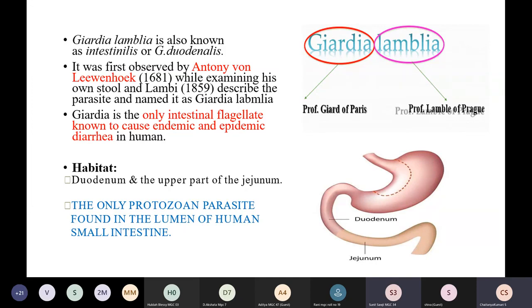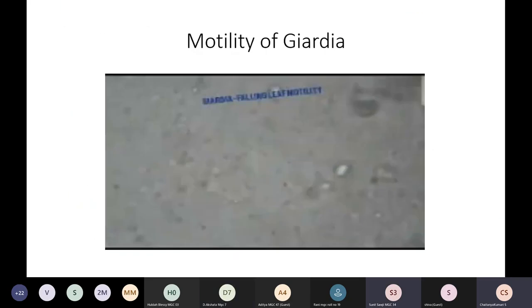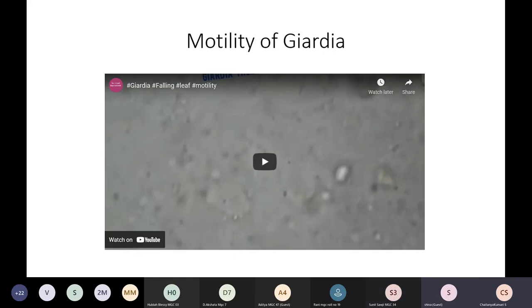What are the important parts it consists of? The cyst is made up of median bodies. Okay, two median bodies will be there, along with, how many nuclei will be present? 2 to 4 nuclei. Very good. And it is surrounded by the cyst wall. Yes. That is about the morphology. I hope you had seen the videos. Yes, ma'am. No need to run the video right now.